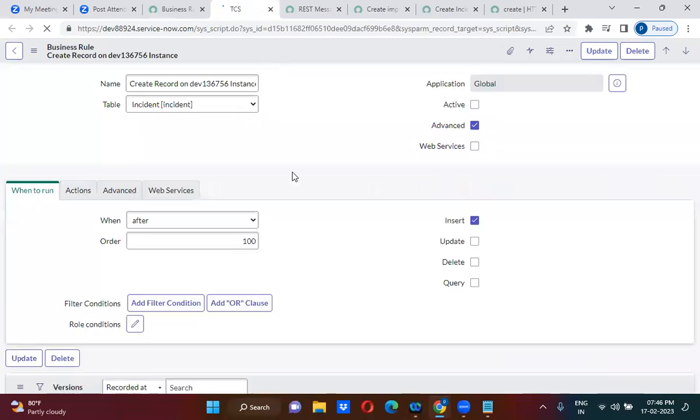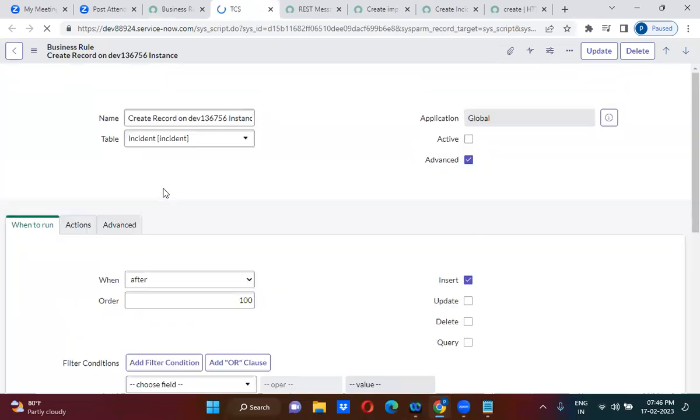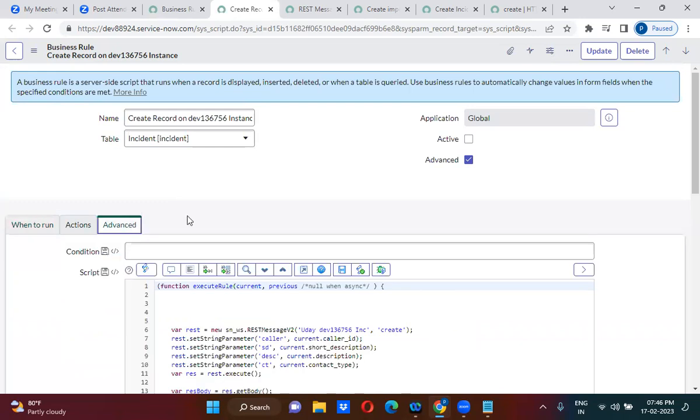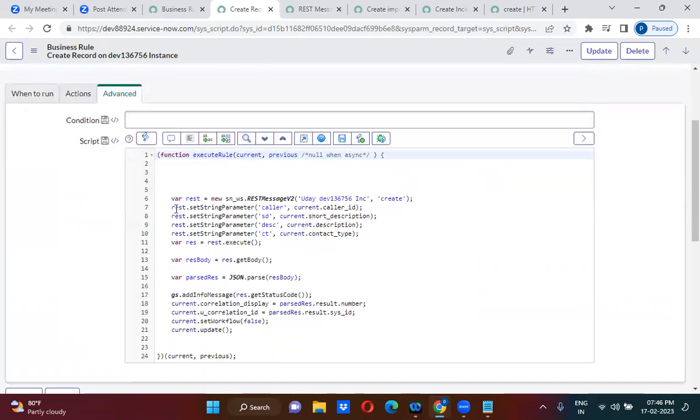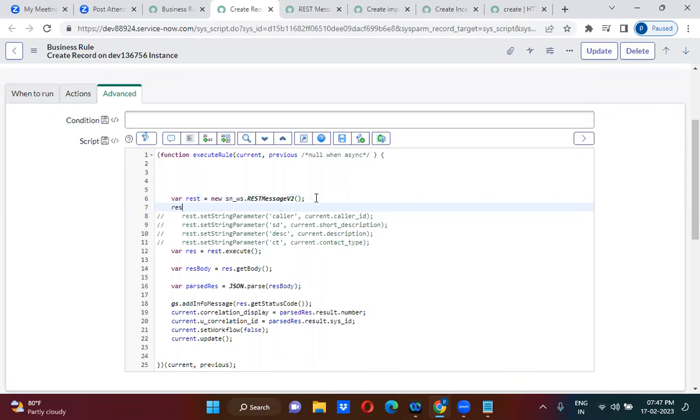In this business rule, what we are doing, using the script, you are triggering the REST message. Here I am not triggering any REST message using script. What I am doing here, you guys can see, REST dot